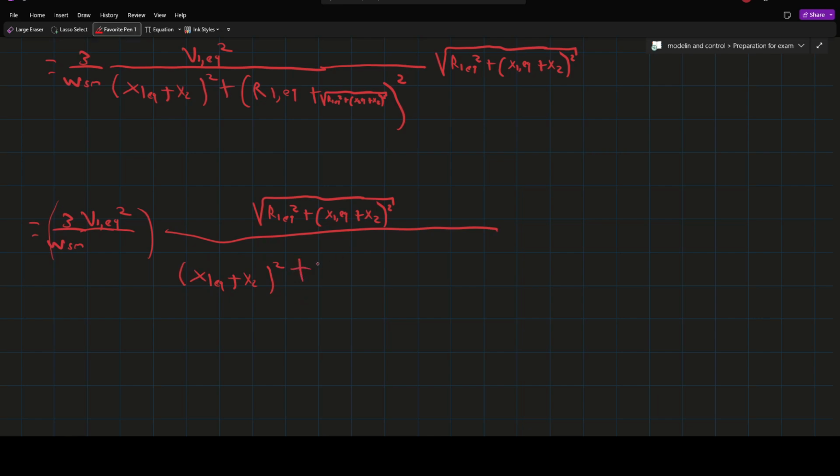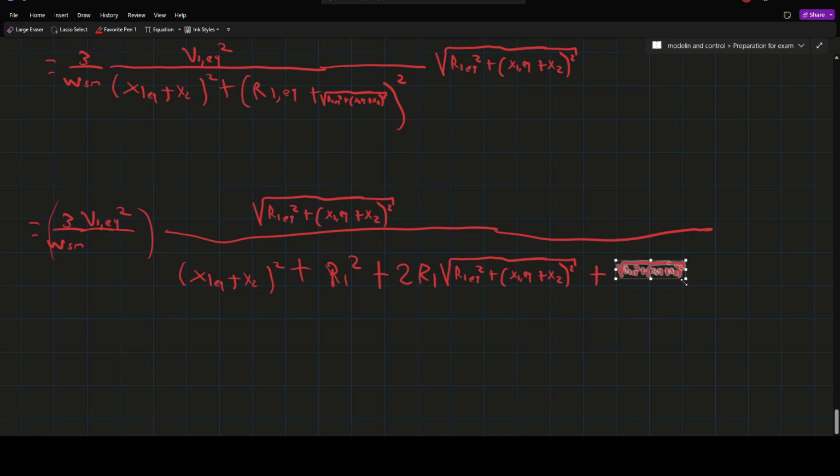So we are gonna get r1 square plus 2r1 and all of this plus this one square, and this one square is just this without the square root. Okay,